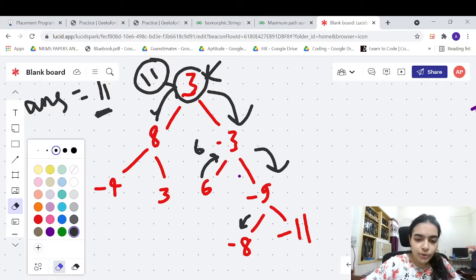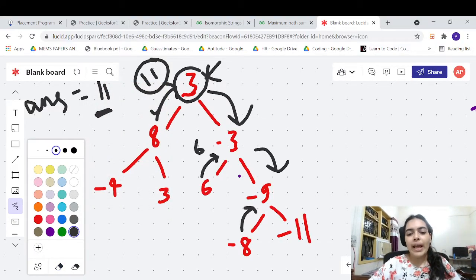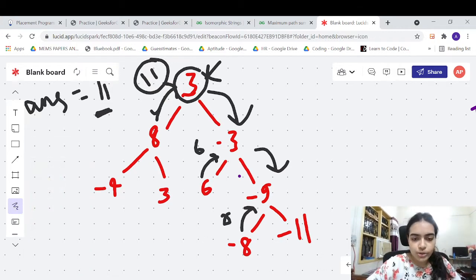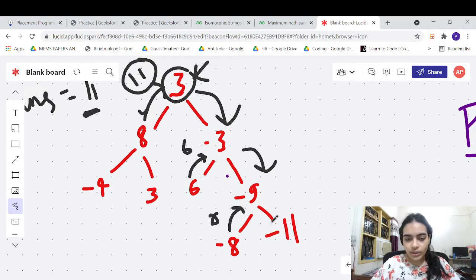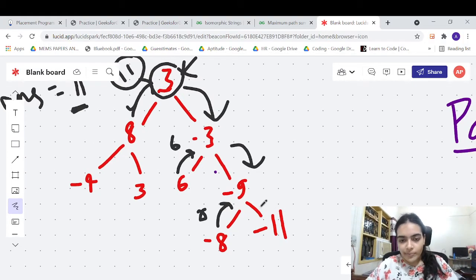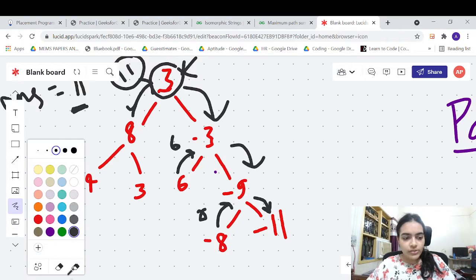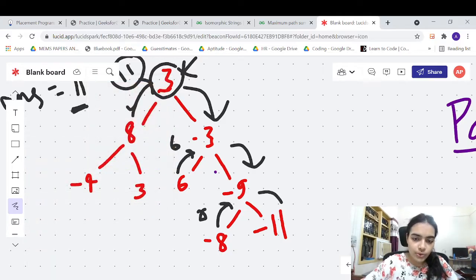So we will go forward. What do we mean by going forward? We will return back to the parent, right? It has processed and it will return back to the parent. While returning back to the parent, we will not return -8. We will return 0 because -8 is negative, right? No use to take that. So we will return 0. We need not take that particular node. Similarly, what about this? This is also negative. This is -11. So we will not return back -11. Instead, we will return back 0. We don't want to take any of these.